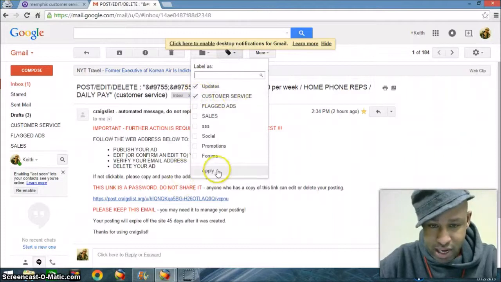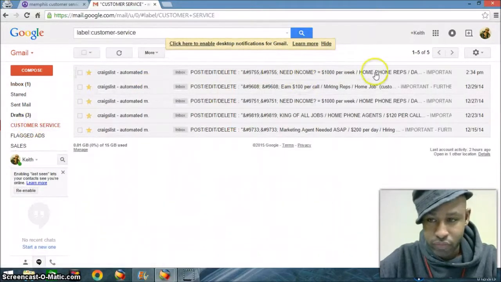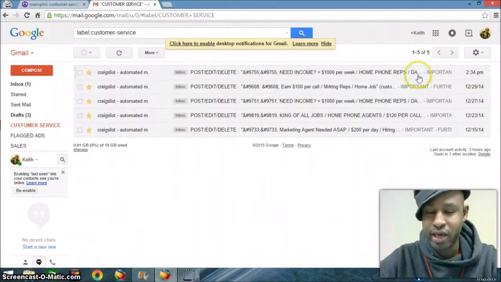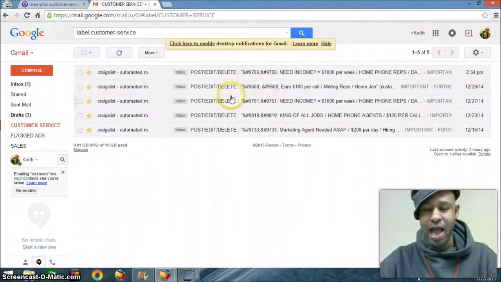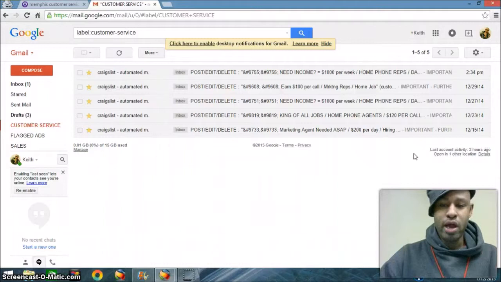This is a customer service ad, and hit apply. And right when you do that, it'll end up being in this folder. And it's 2:34 p.m. Okay, so therefore you keep track of all your ads. Now, if you have another, what you can do is that's one account, one ad, and that's going to be